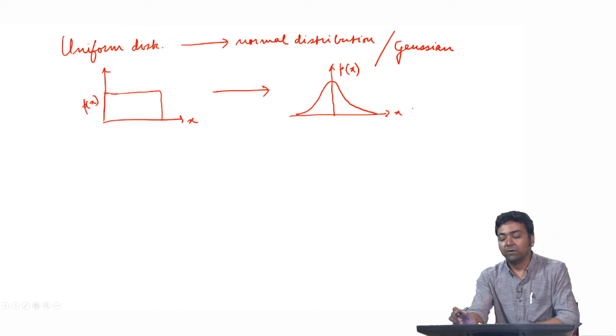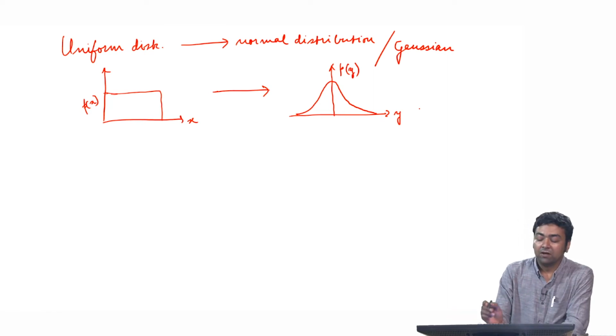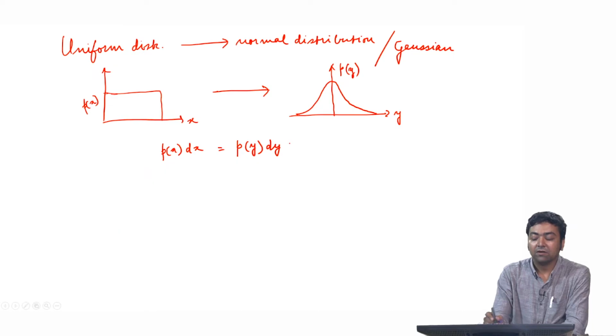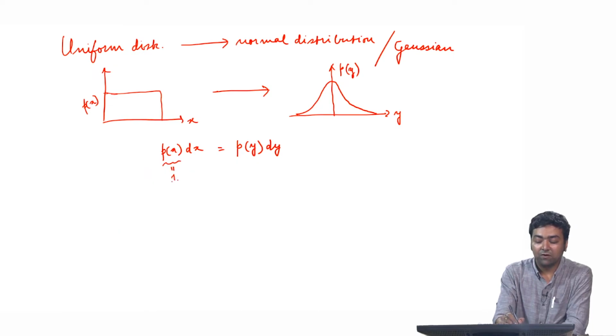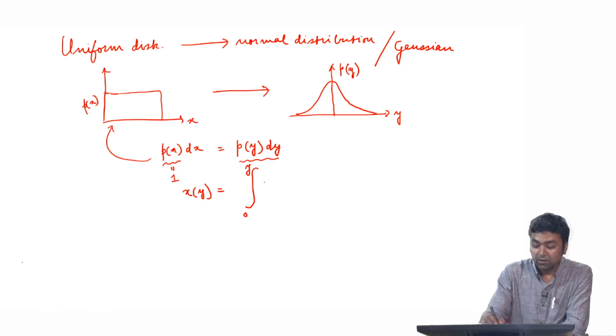This is x. If we remember the recipe, for the sake of less confusion, let me just call it y. If you guys remember what the recipe was: we use the principle of conservation of probability, that is this equation, where we set P(x) equal to 1 for this particular case. And then we wrote x as a function of y to be the cumulative distribution of this new or desired PDF. So the integral is 0 to y,